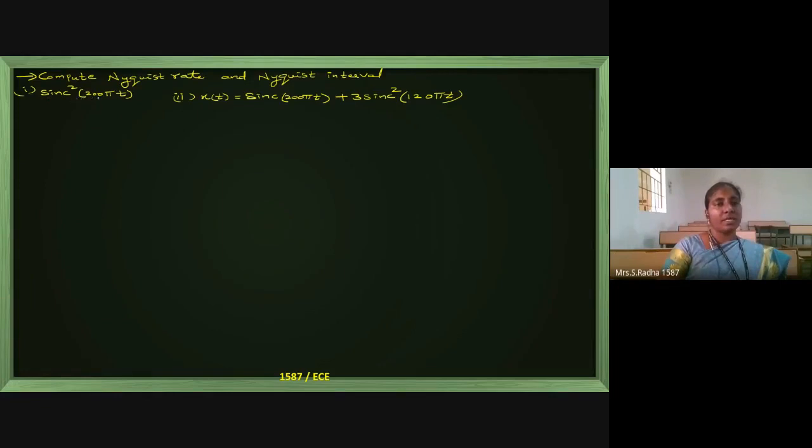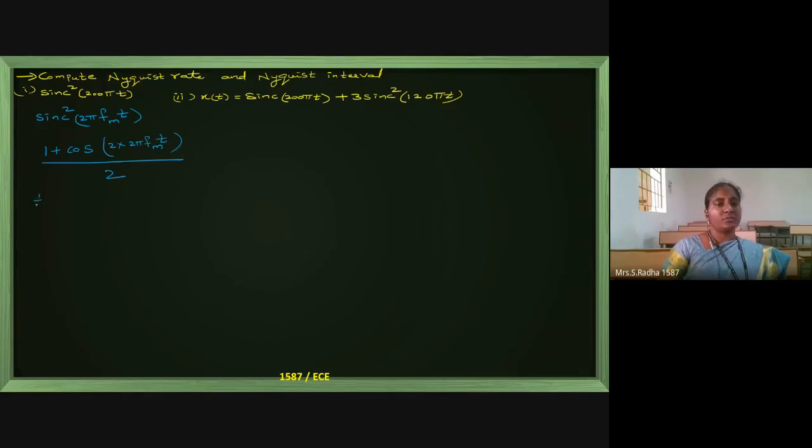Here pi is involved in the numerator itself. Here you have to compare this with the form sin square 2 pi fm into t, not omega m. Whenever pi comes, you have to take it as fm. fm is the maximum frequency now. Because sin square is present, it can be written as 1 plus cos 2 times the entire angle, divided by 2.